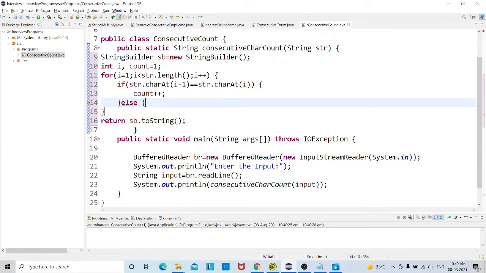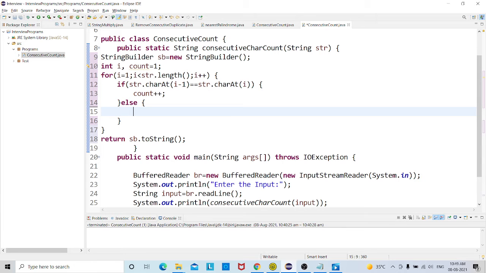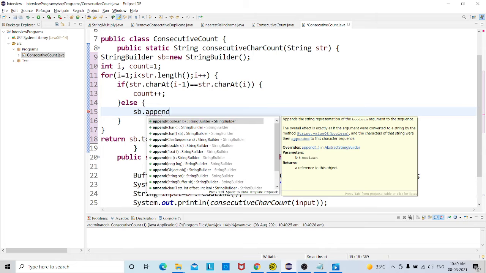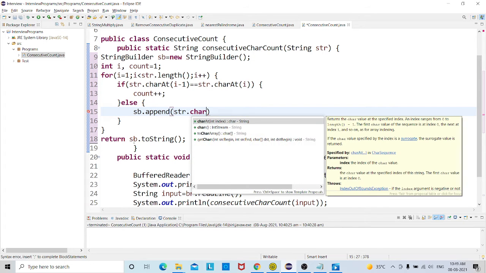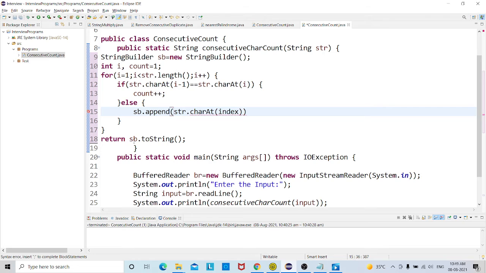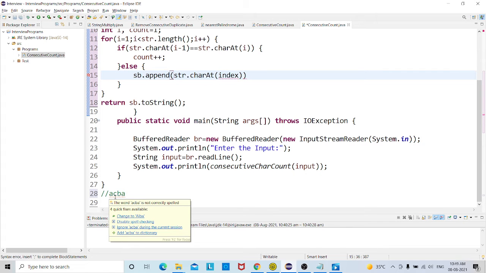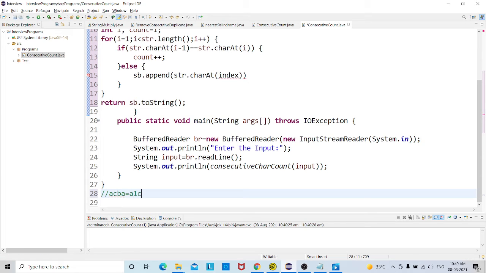If it is not matching, then we have to append the previous character. If nothing matches, the output should be like A1, C1, B1, and A1. So this is the output for this input.